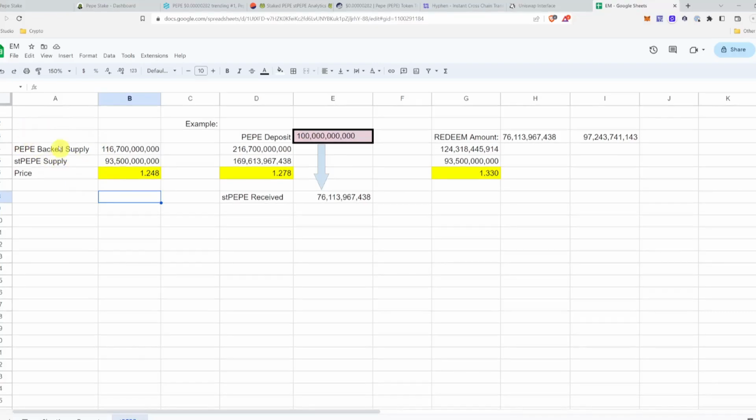Starting on the far left, I grabbed the numbers for the Pepe back supply and the staked supply, divided them by each other, and we can see the current price of 1.248. Now, currently, this contract has 116.7 billion Pepe. In this example, as this contract gains traction, let's say another 100 billion gets put in, which at the current price of 1.248 divided into 100 billion tokens, would mint out a staked Pepe amount of 76 billion tokens. And you'll see, because the backed supply went up by 100 billion and the staked supply went up by 76 billion, the new price is